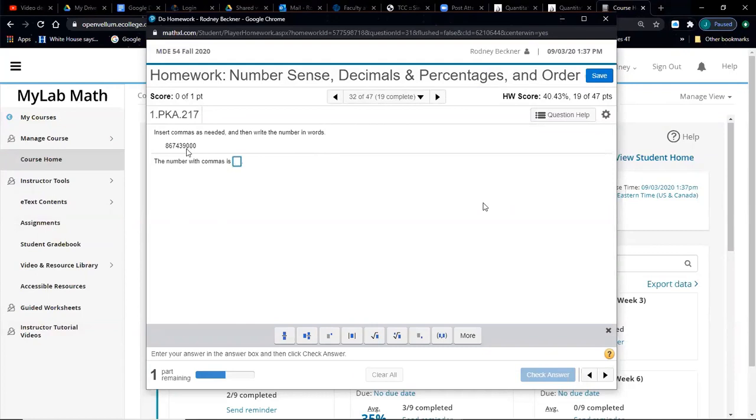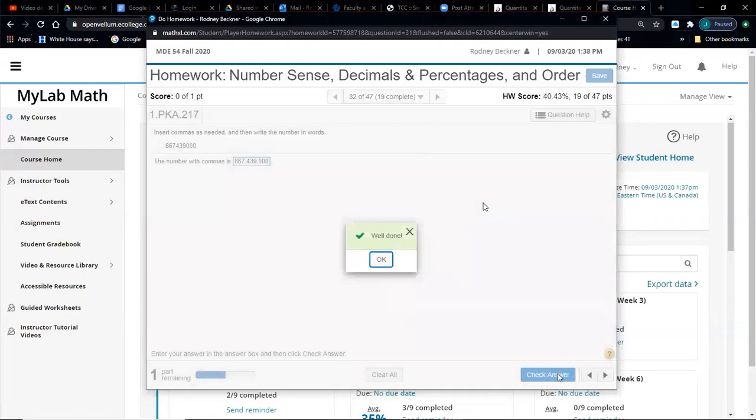So commas go every 3 digits. If you come from another country, the idea of a comma and a period, some of them actually swap. Some people use a comma as a decimal instead. I can't think of any specific countries off the top of my head, but I know they exist. So those 3 zeros would be your first comma, so the 9's in your thousands. Then the 439 would make up the next comma section, so that 7 is your millions. And then there would not be another comma because it would have to go in front of the 8. And you don't want to do comma and then a number. So the number with commas should be 867,439,000. We can hit enter instead of clicking check answer.